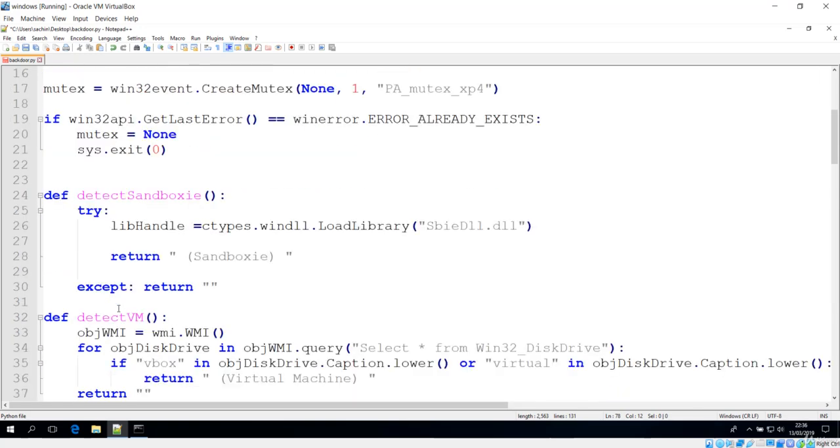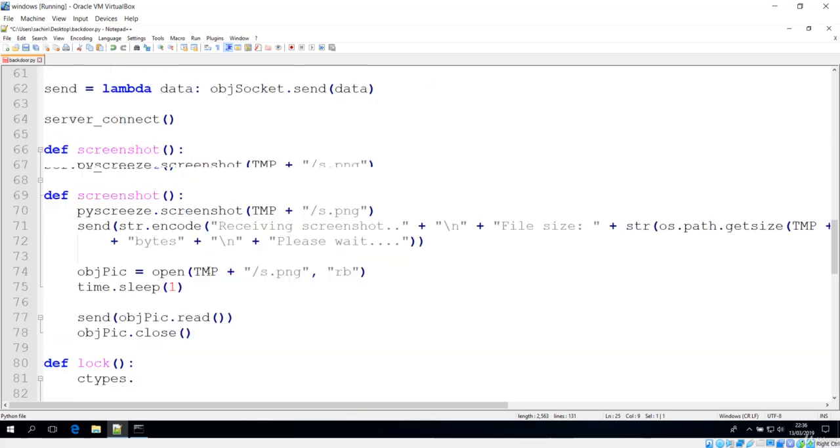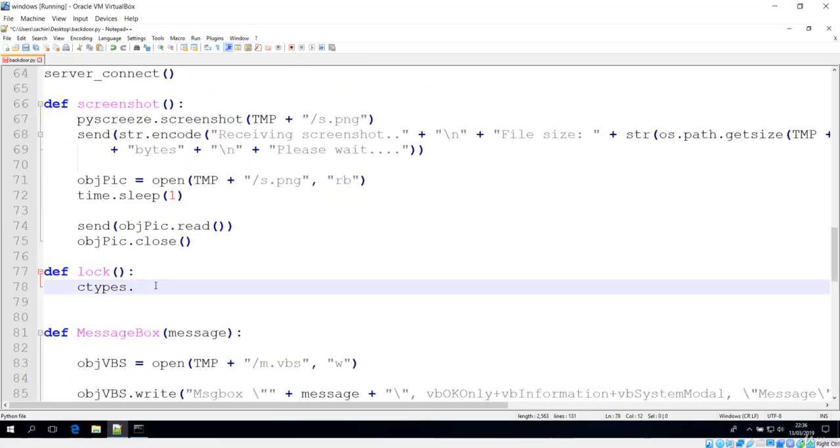We did this ctypes usage over here, to download this DLL library in order to run our backdoor in the sandbox. So we'll make use of the same ctypes module and WinDLL, which is to say that we want to interface with this DLL.